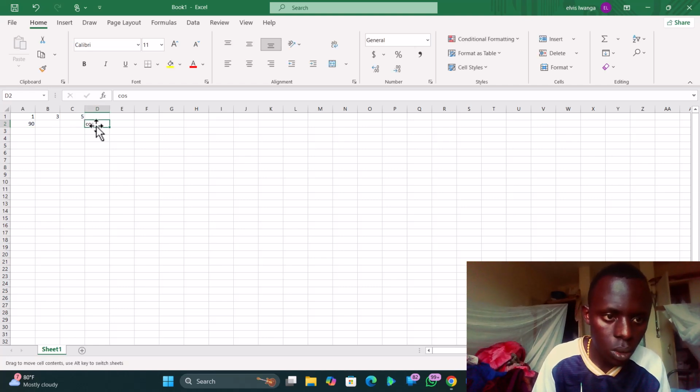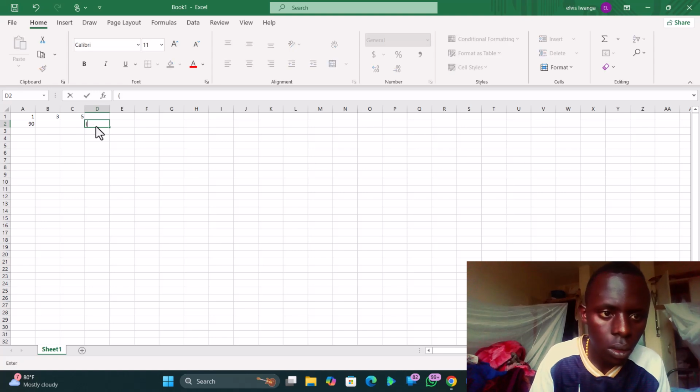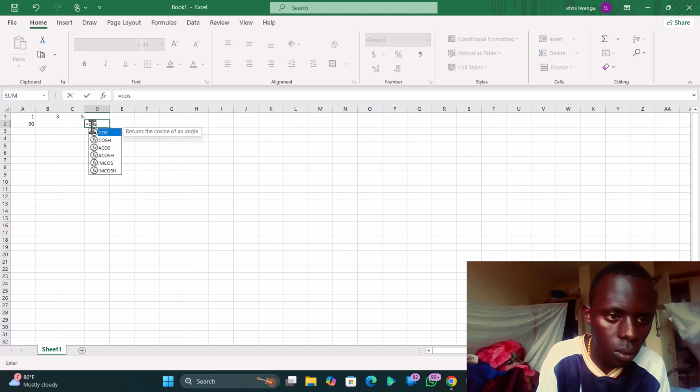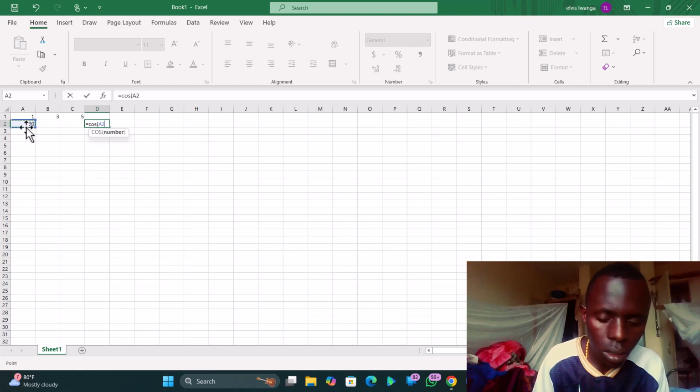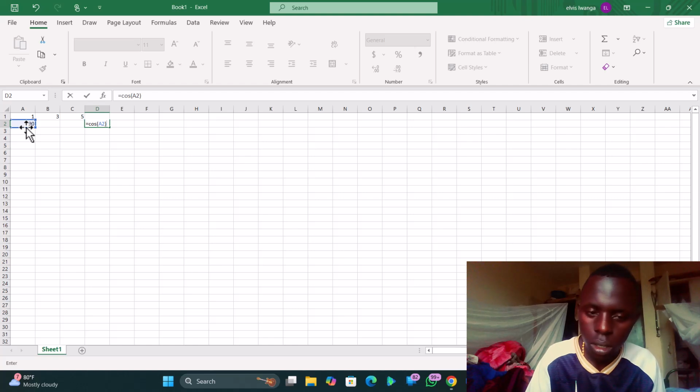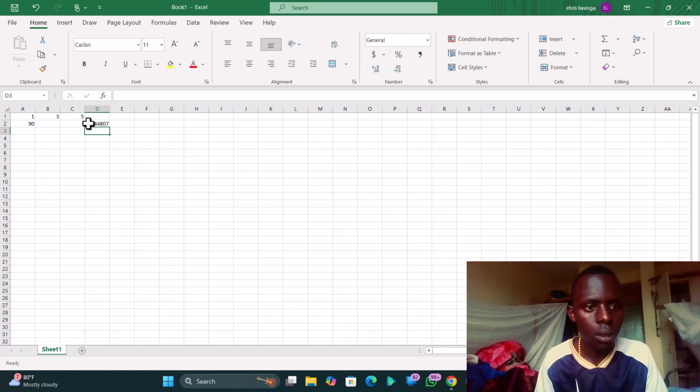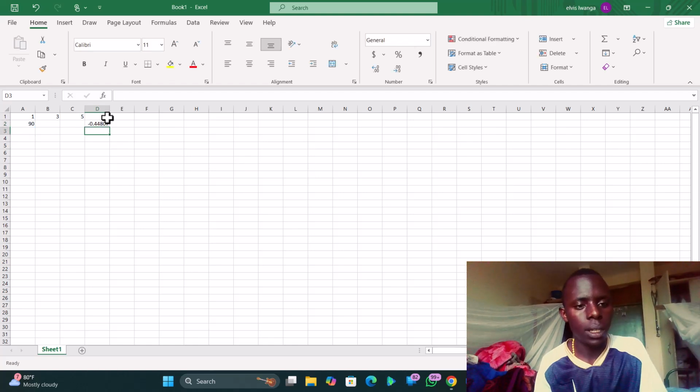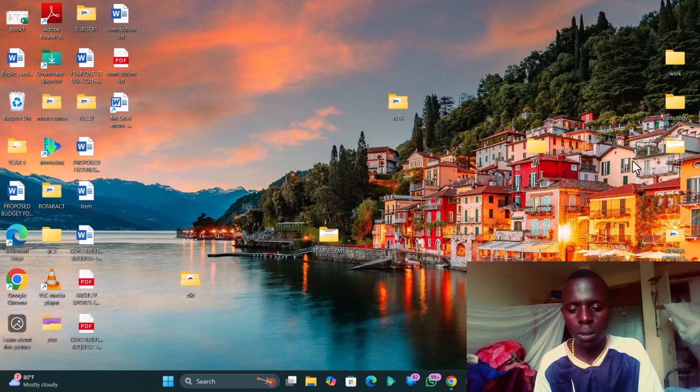For instance, equal sign, COS of this one. You press enter. I don't know what's happening, but you shouldn't be having the answers. Those are mathematically wrong statements. So